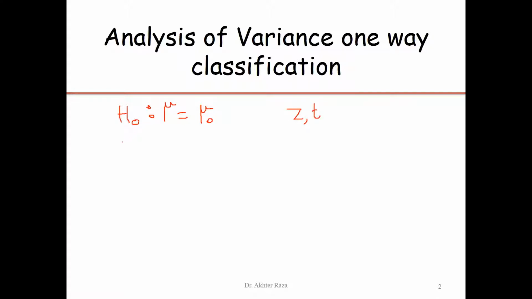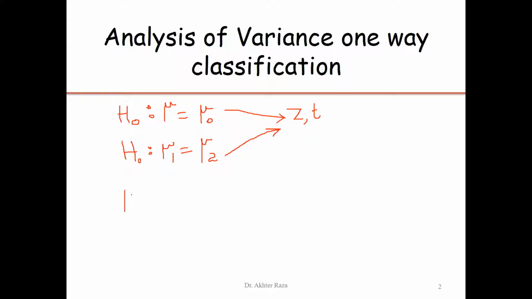If we are interested to compare two means, H naught is that the mean of population 1 is the same as the mean of population 2. Then we can still use Z or T test. Z or T test has two purposes. There are several other uses of Z and T test in correlation and regression, but I will summarize that when I discuss and record the lecture on correlation and regression.